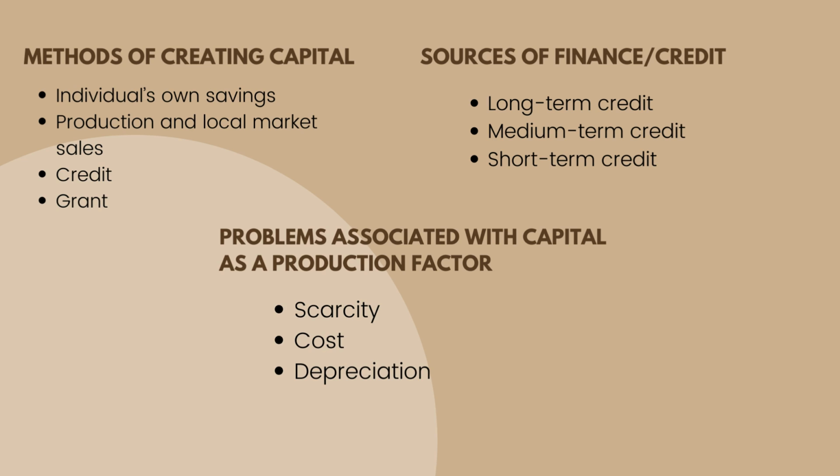Now with grants, this is money that is given to you as a farmer without having to pay it back, right? So the difference between a loan and a grant is that with a loan, this is money that you borrow and you are expected to pay back with interest, right? Whereas with the grant, you are given this money and you're not expected to pay it back, right? But you just need to make sure that you use the money the way you said you're going to use it, right? Then we've got